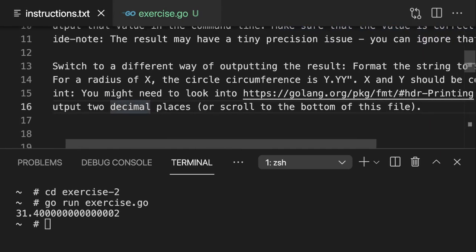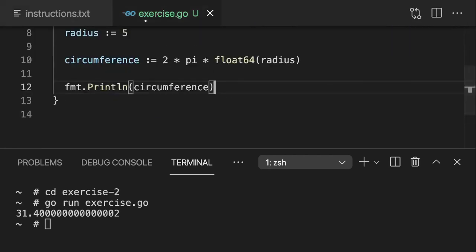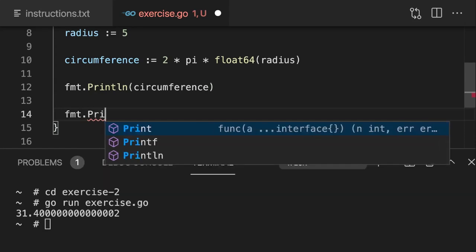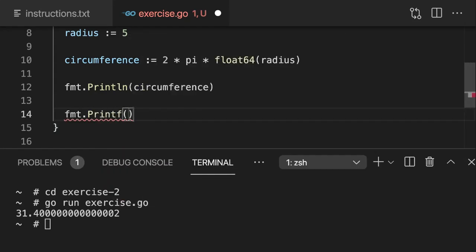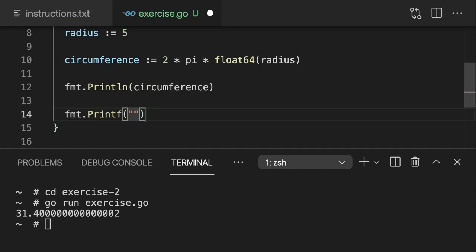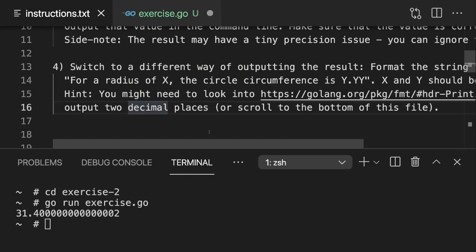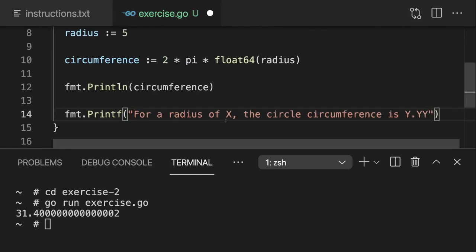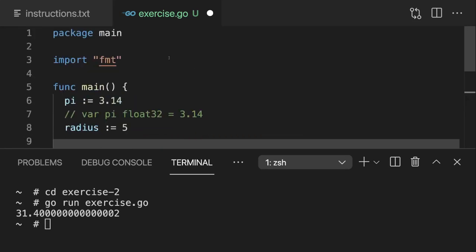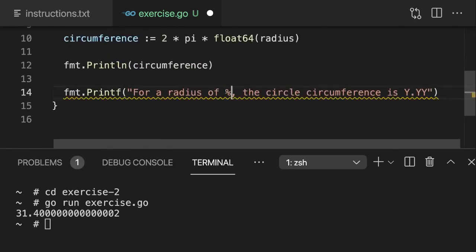And here we should output a formatted string. And we learned about these useful functions like Println for outputting strings, and we learned about that alternative command that allowed us to control the formatting in greater detail, Printf. Printf took that string as a first value, where we basically have our text. So this text here, which I have in the instructions, where we then want to replace x and y with concrete values. And for x, where I want to just output the radius, I just will use %v